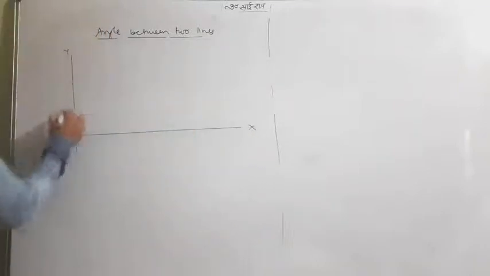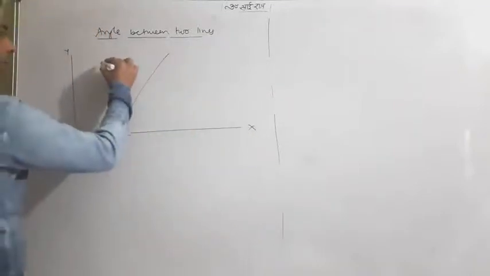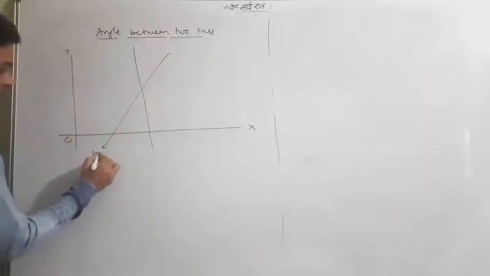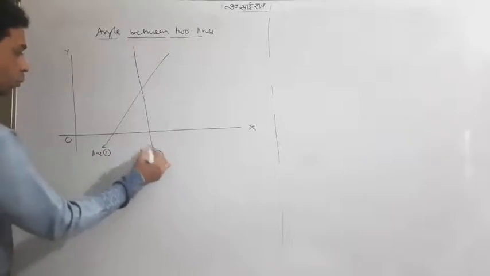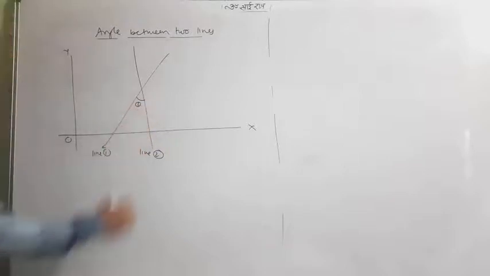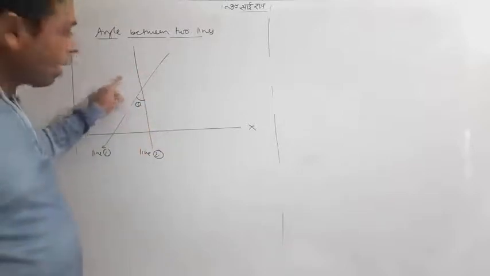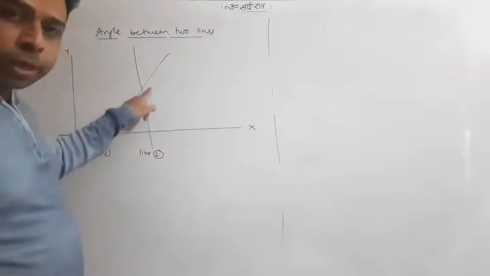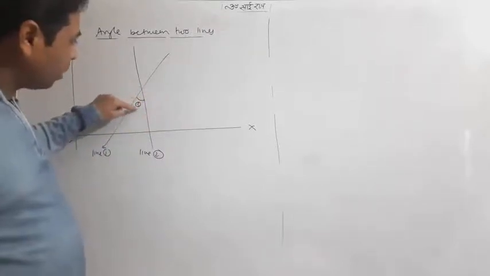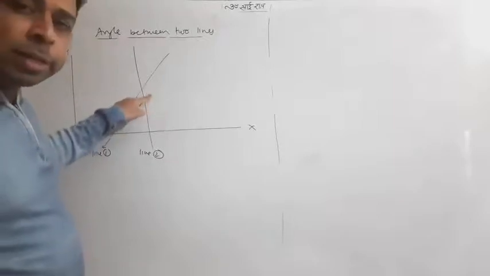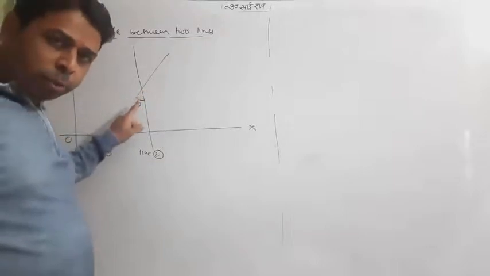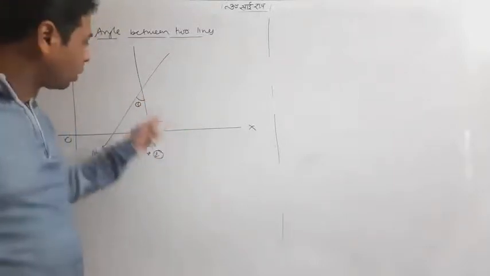Suppose this is a situation like first line and second line we have like that. This is line 1 suppose, this is line 2 suppose. Very simple, and already we have done almost this kind of question. Suppose we are finding the angle between two lines, and we have two angles actually, acute angle and obtuse angle. One can be found, and the second can be easily found. Why? Because one can be 30 suppose, so the other will be its supplementary angle, 180 minus 30, 150. So one angle is very important, the second automatically will come. So we'll focus on that theta.